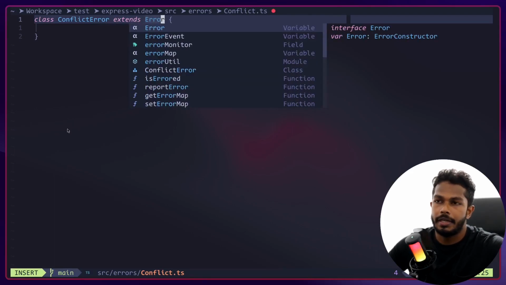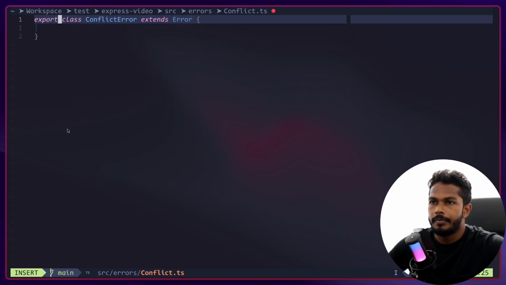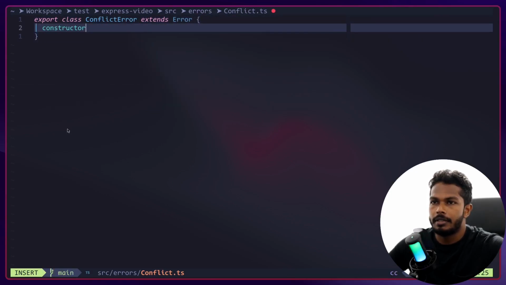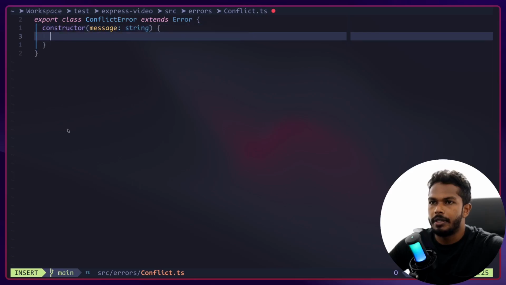This is how you would create custom errors basically. And here constructor is going to take a message. It's going to be a string,